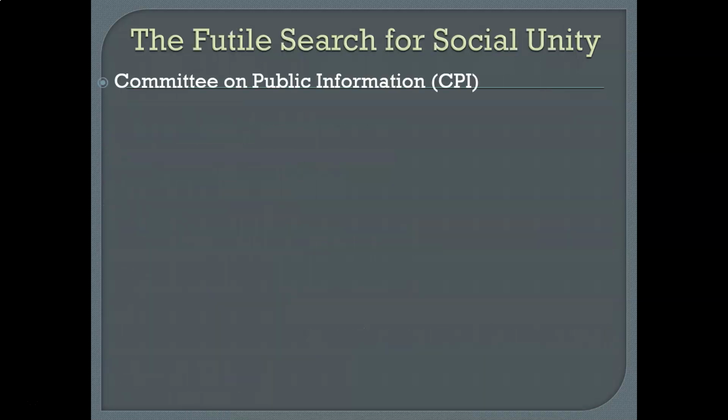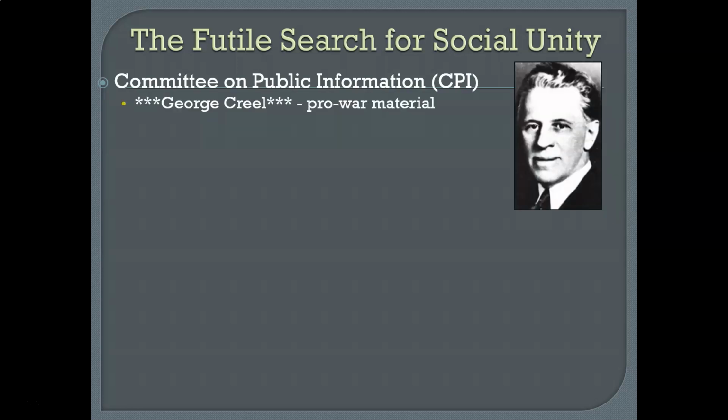Now, we have this, what's your book called, The Futile Search for Social Unity. You had the Committee on Public Information, CPI, George Creel, who put out pro-war material, and we're going to talk about that for just a second. The most conspicuous official effort to support the war was a vast propaganda campaign by the Committee on Public Information. The CPI supervised the distribution of over 75 million pieces of printed material and controlled much of the information available for newspapers and magazines. Creel encouraged journalists to exercise self-censorship when reporting war news, and most complied by covering the war largely as the government wished.